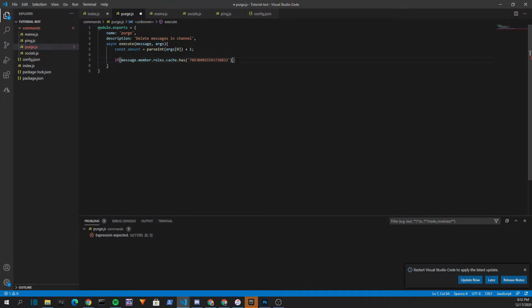Okay, so if they have that, and if you want it to be two roles because you want it to be your admins and your mods, you can then do that and write message.member.roles.cache.has. But we're not going to do that. So now, open this up, try, and this will try to do it. And then we're going to say message